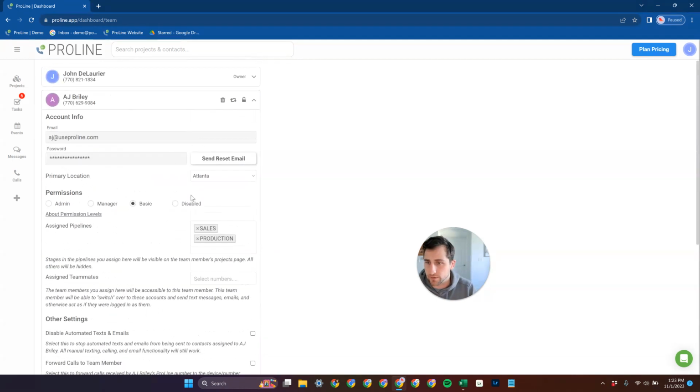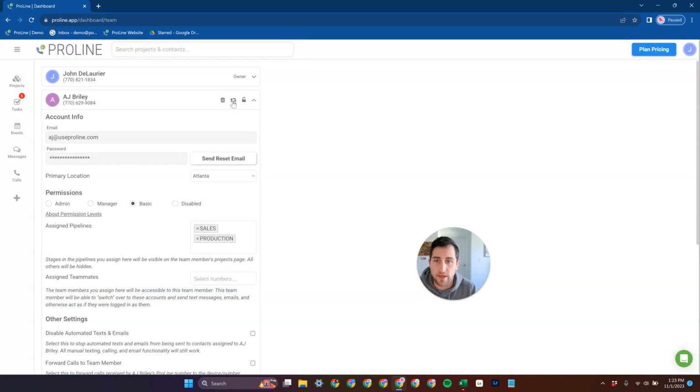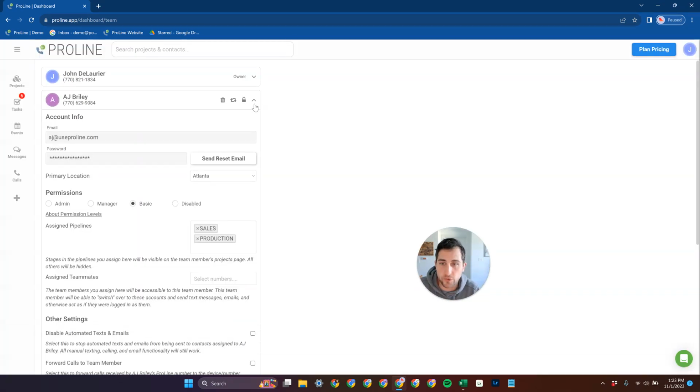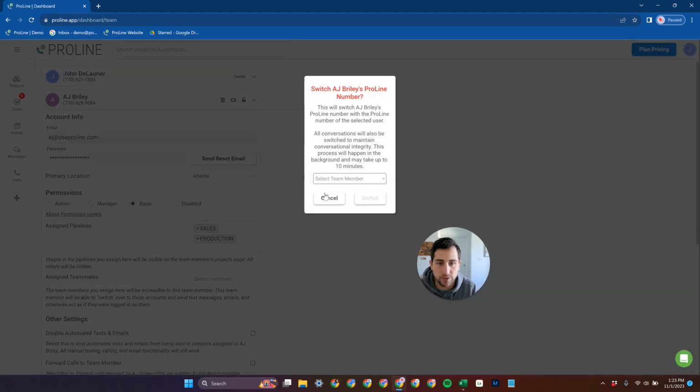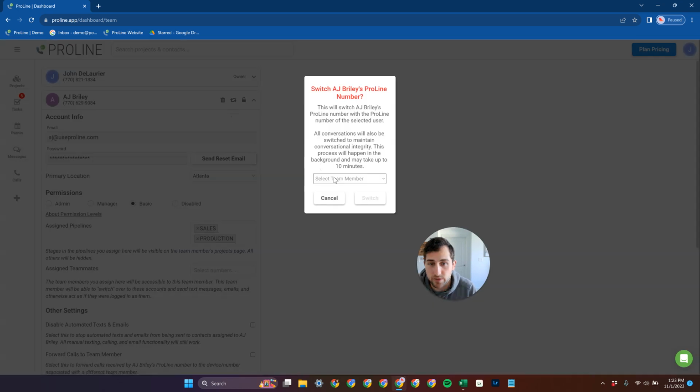All right, so that pretty much covers all of that. Up here at the top, of course, you can remove users. You do have to transfer some data over to somebody else when you do that. You can also switch their ProLine number with a different account. So if you need to move ProLine numbers around, you're able to do that. The most common use case for that is you're going to add a new user and you want them to get a phone number that's already in your account from another user. In that case, you would just select, you would go to,